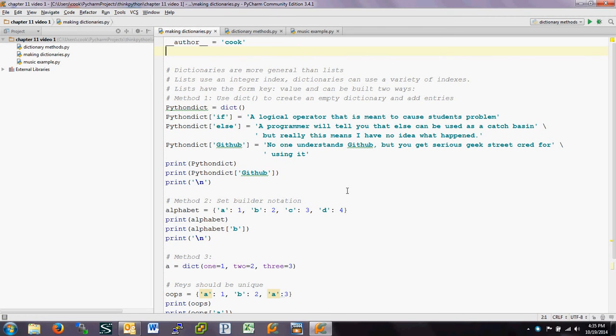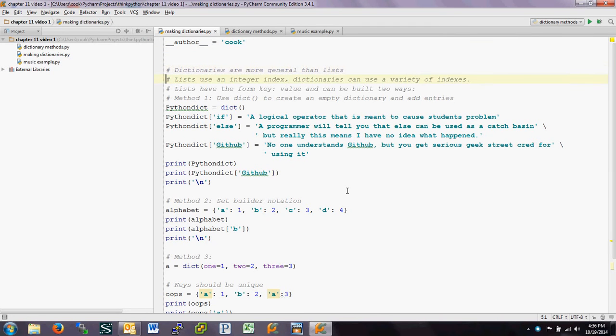In the last chapter, we learned about lists, and in this chapter, we're going to learn about something called a dictionary. A dictionary is actually a generalization of a list. In a list, they're always indexed by an integer. The integer starts at 0 and goes up to the length of the list minus 1. Dictionaries can be indexed by much more general kinds of indices, as long as that index is what's called immutable, in other words, it can't change, you can index a dictionary